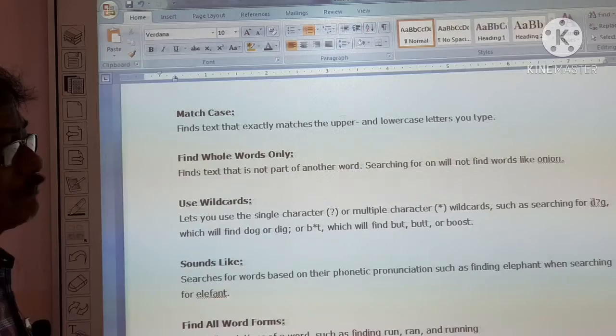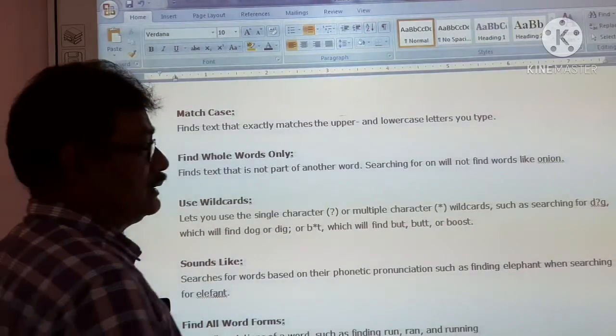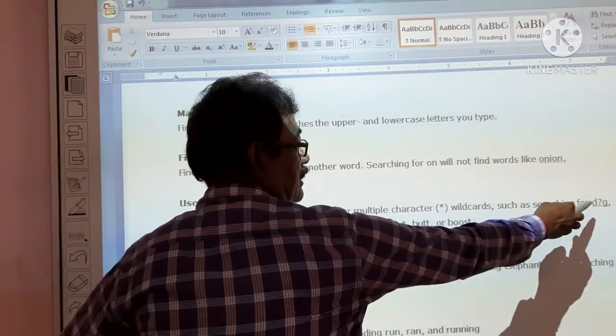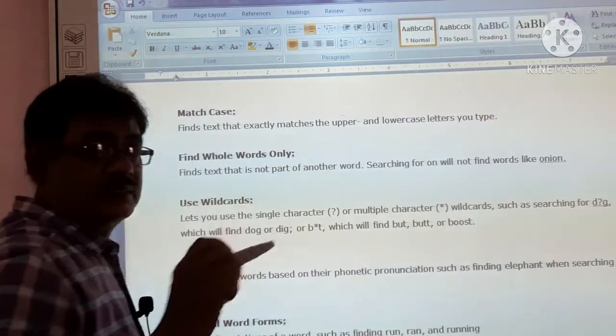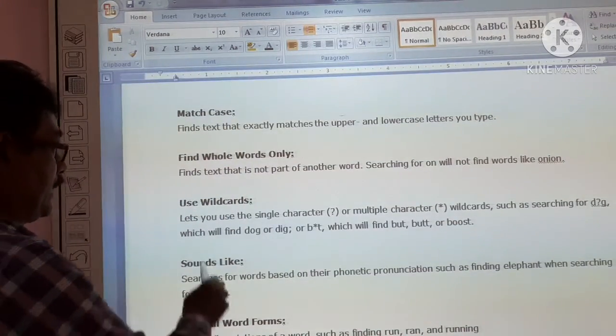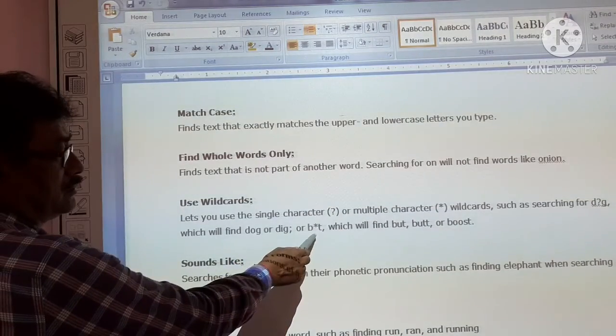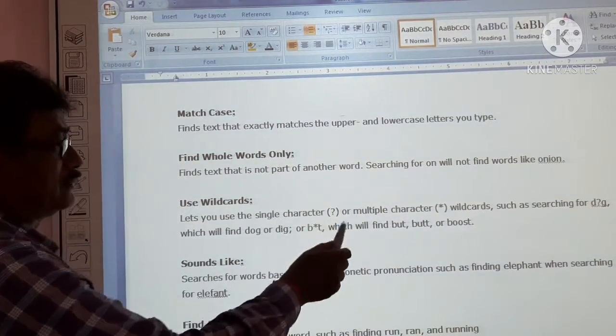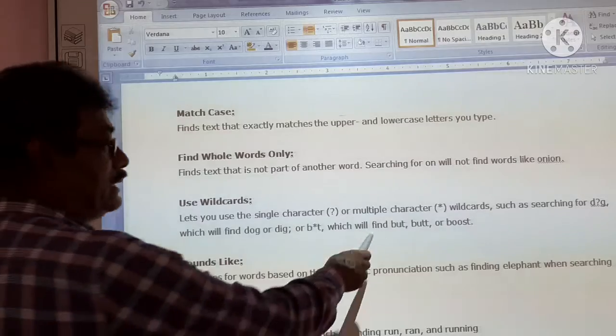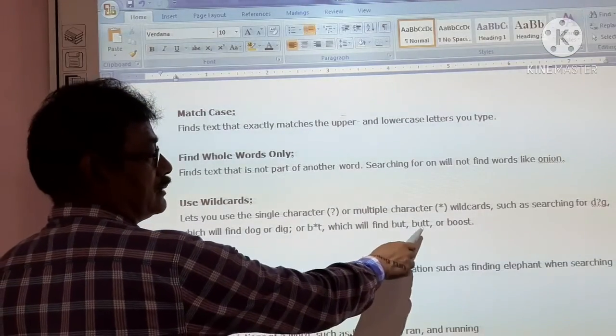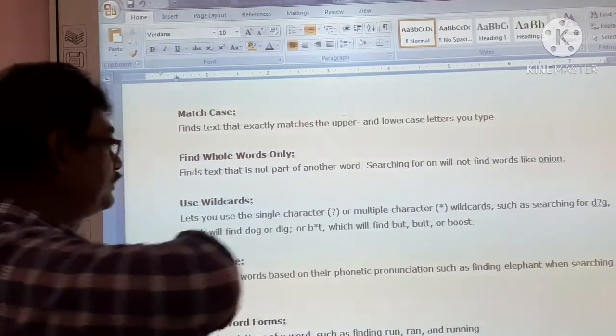Like this, see the example. The example is D question mark G, which finds dog or dig, or B asterisk T, so you will find but and boost.